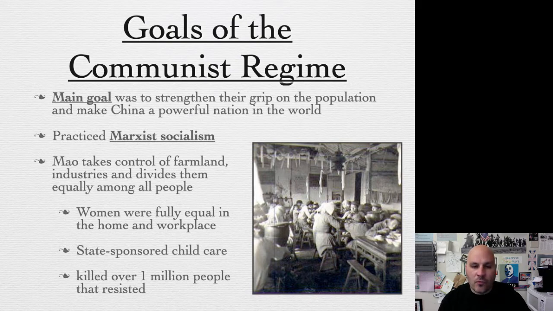So a couple of examples of Marxist socialism within this communist Chinese regime would be, again, providing a workplace and a home for people. Women are going to be provided the opportunity to work as well, which is a huge step forward, right? That's a very progressive step forward in the 1950s for the Chinese people. State-sponsored healthcare,